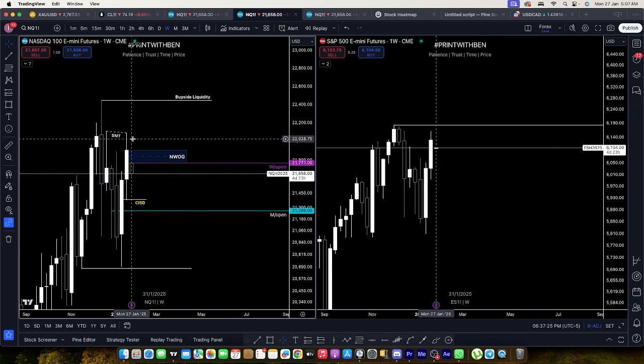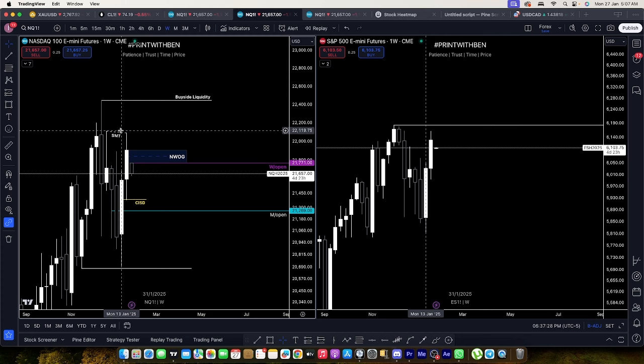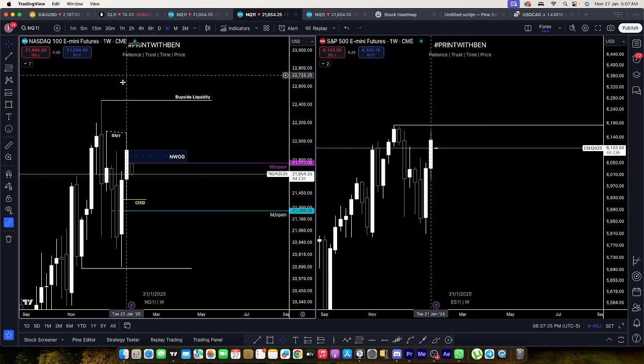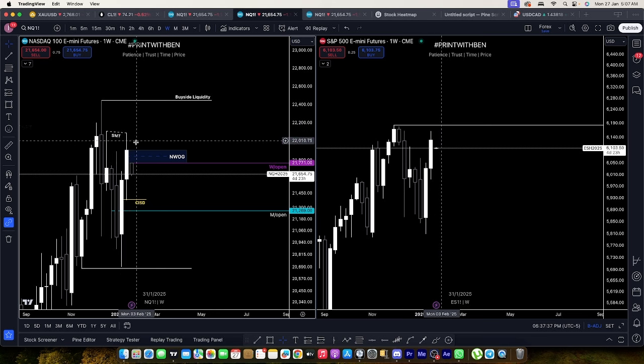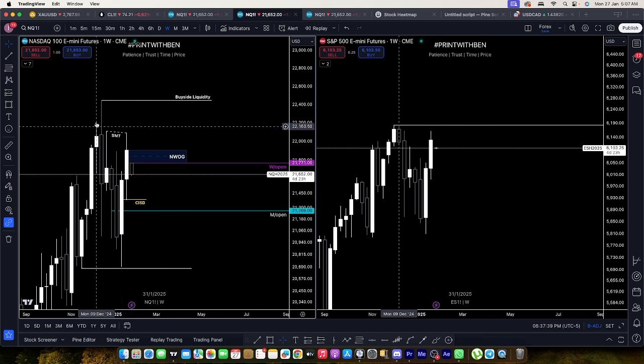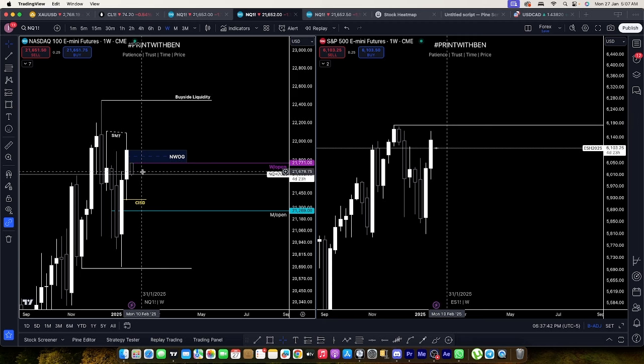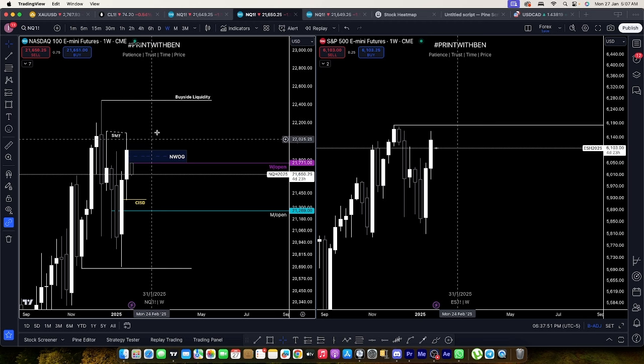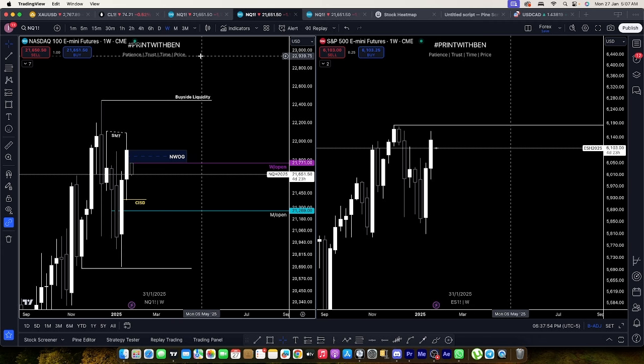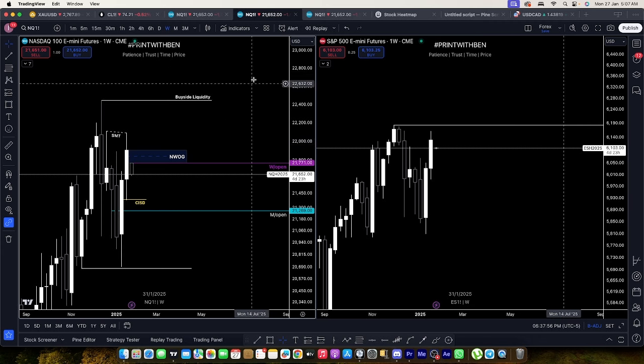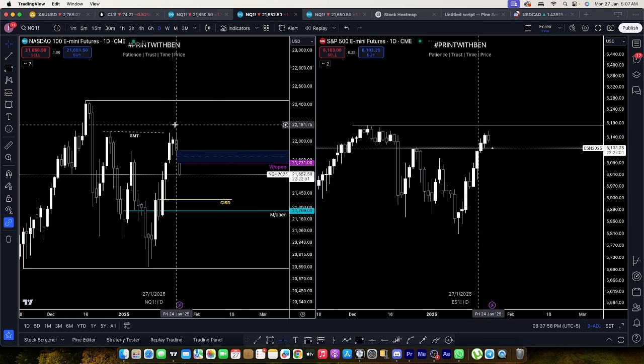And you all should remember one thing: SMT happens before the start of every move. So if you know the market maker models, SMT is where a move starts. If there is an SMT, there is some sort of another model that's going to happen. If an SMT comes while going up, we will come down, but how far depends on all the other aspects. But when you see SMT, something is going to happen. For example, if we keep breaking the highs and an SMT comes, probably we might see some sort of turtle soup here and then go up. So that is why SMT always happens.